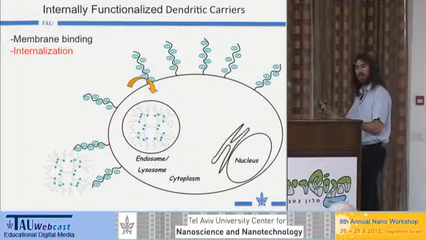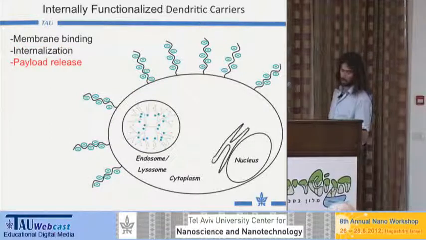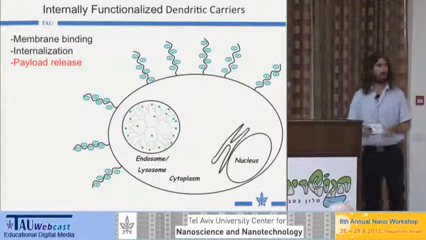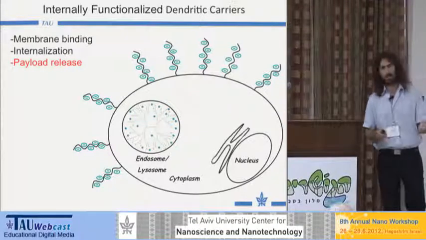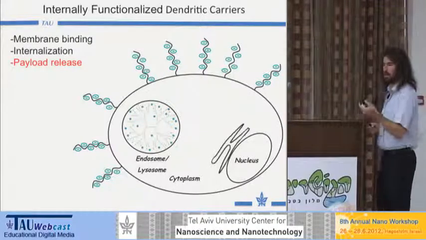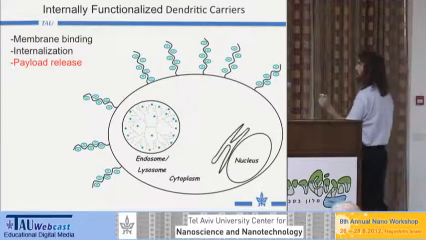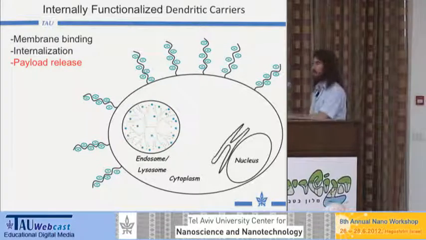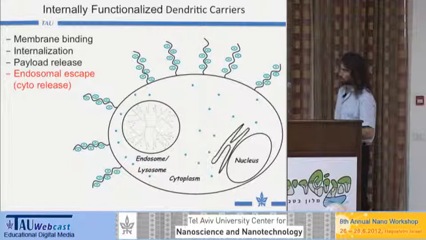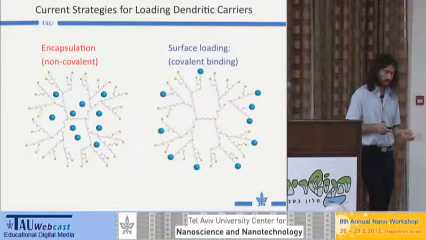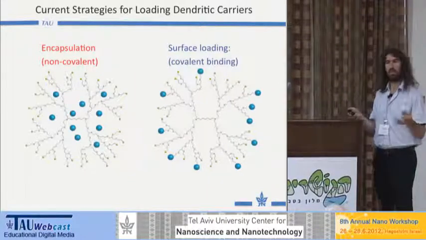Then your cargo needs to be released from the carrier in the endosome. And then the last step, and again is as important, is that your drug or dyes or whatever you want to release need to be able to escape the endosome and reach the cytoplasm when it's going to do its goals. So if we look at dendrimers in the literature, there have been two approaches of using dendrimer as a drug delivery